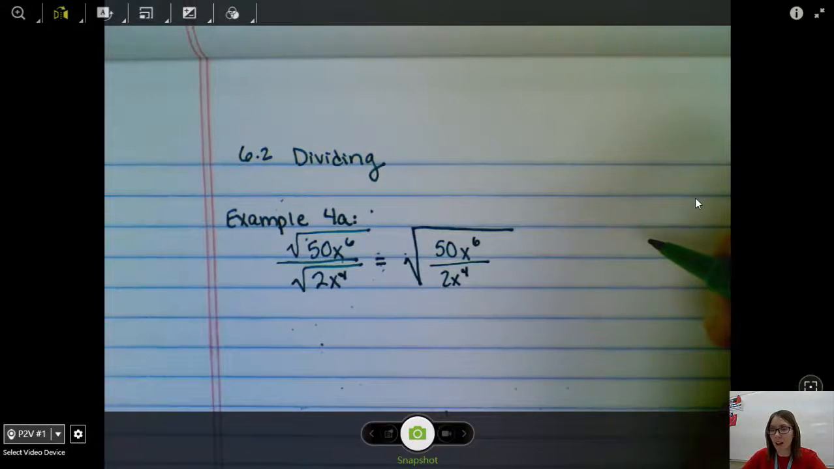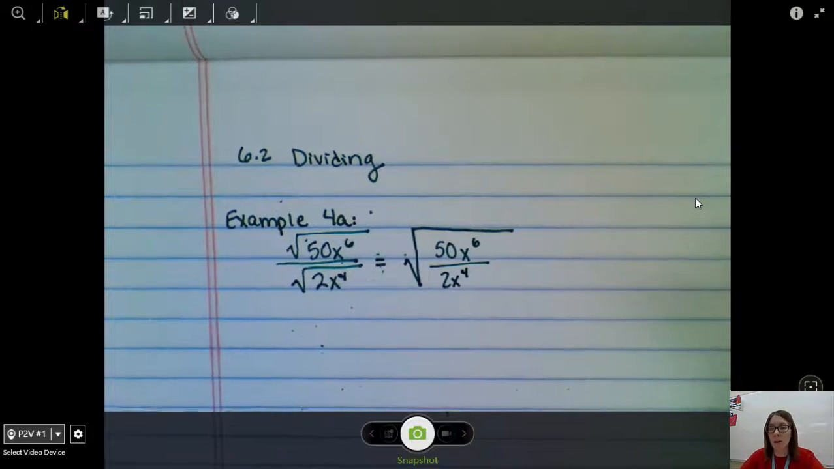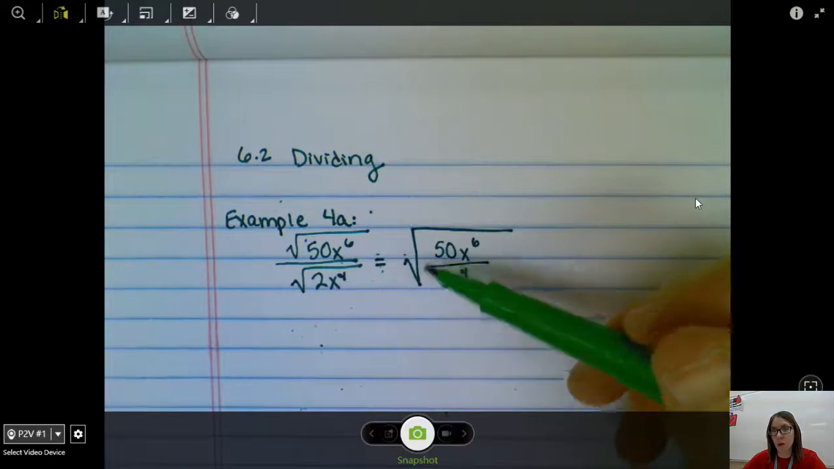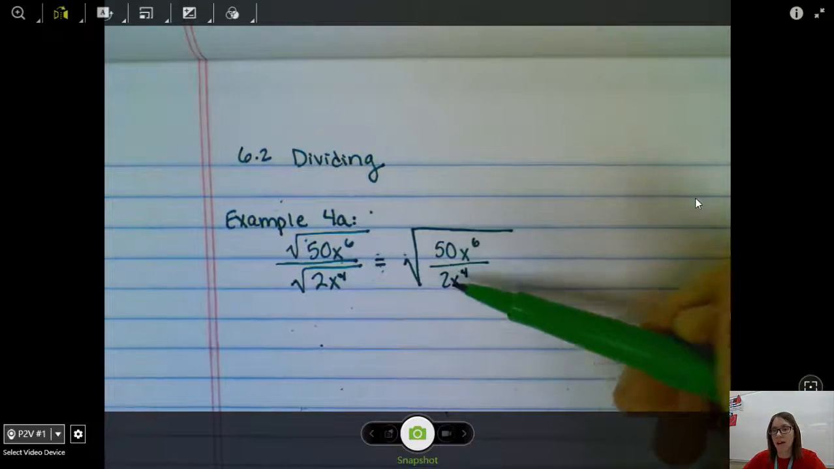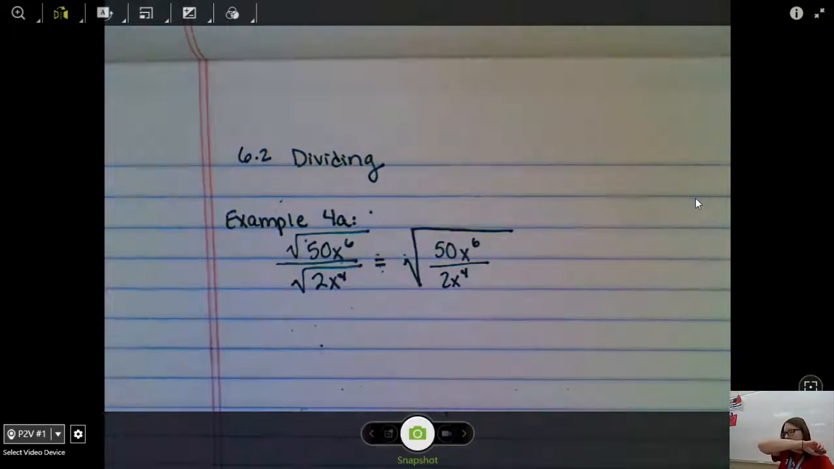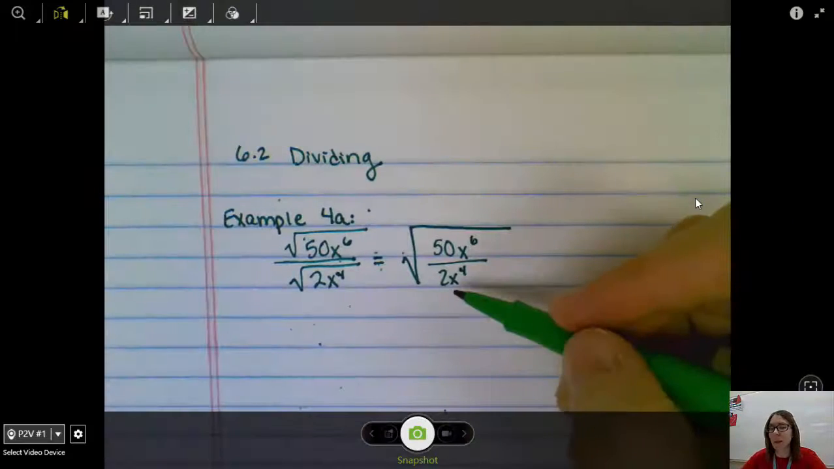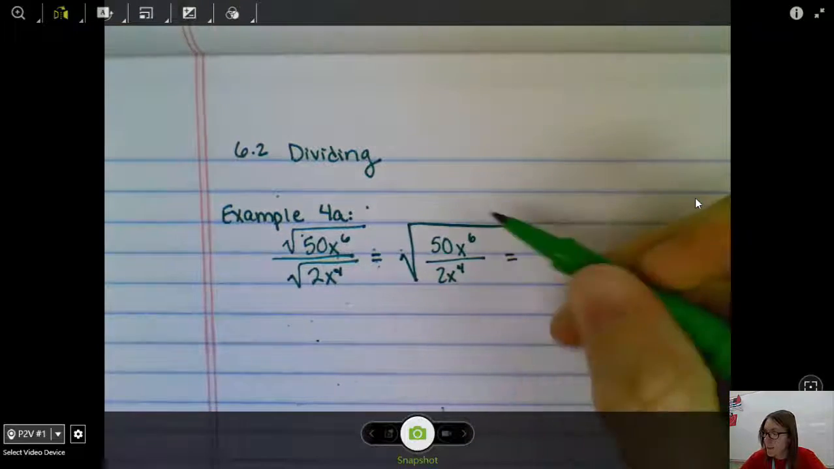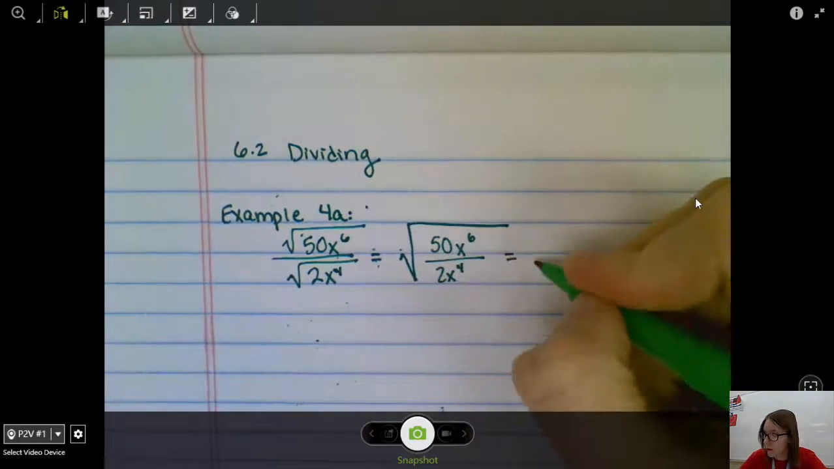This is the same thing if you think about the square root of 1/4 is 1/2. You square root the top, square root the bottom. Same thing in this case. The square root of this whole fraction is the square root of the top over the square root of the bottom, like what we had here. Doing this makes my life a lot easier because I can do 50 divided by 2